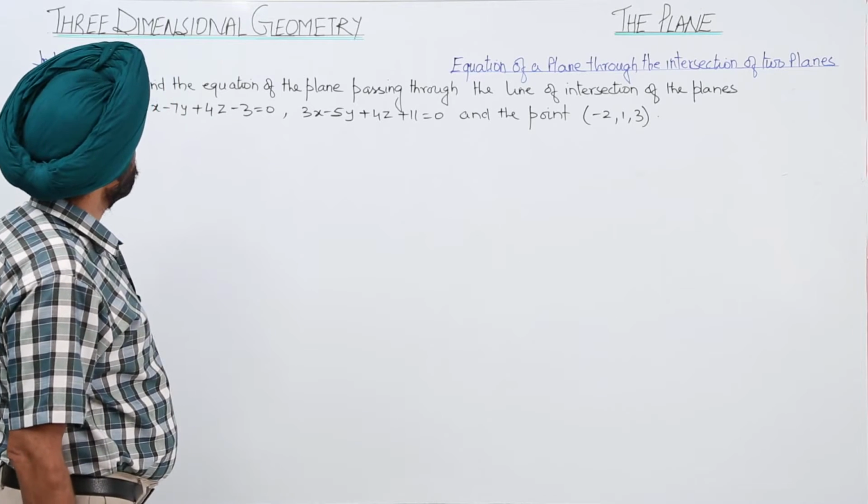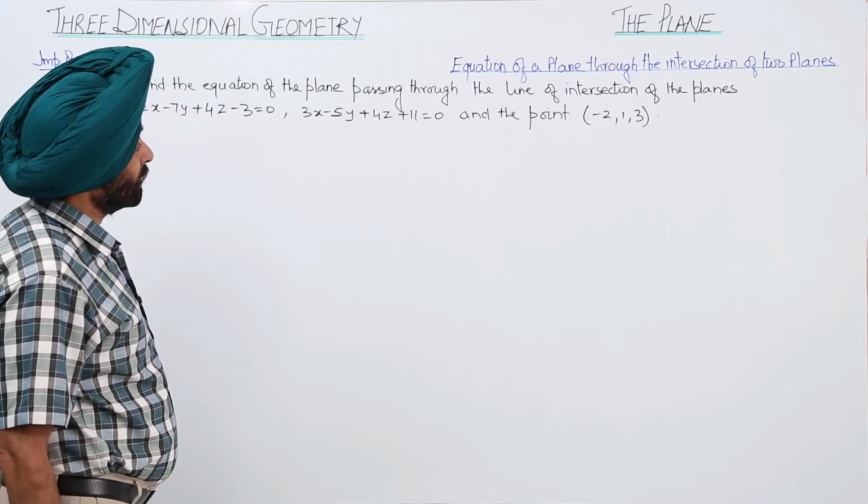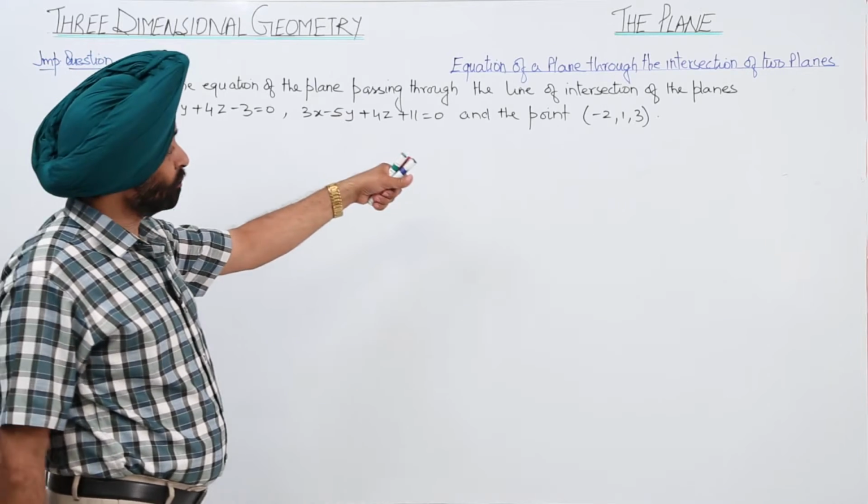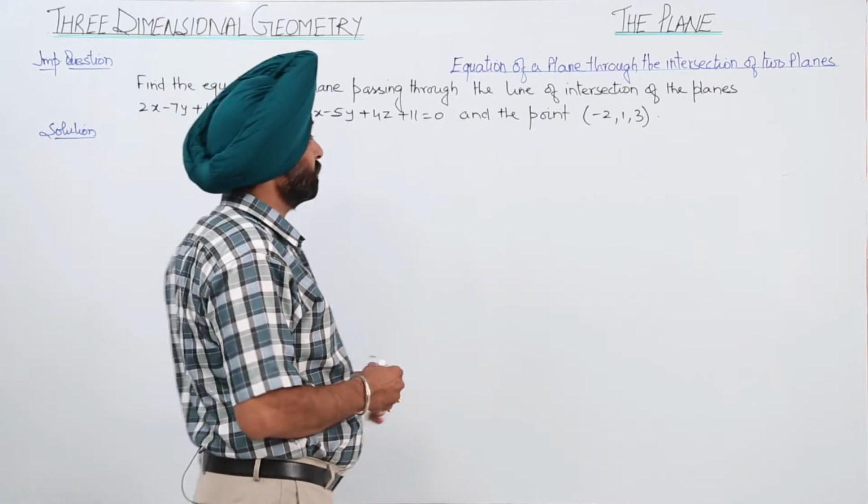We have to find the equation of the plane passing through the line of intersection of two planes and the point (-2, 1, 3). Now,